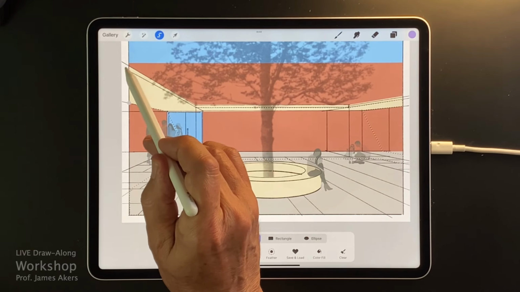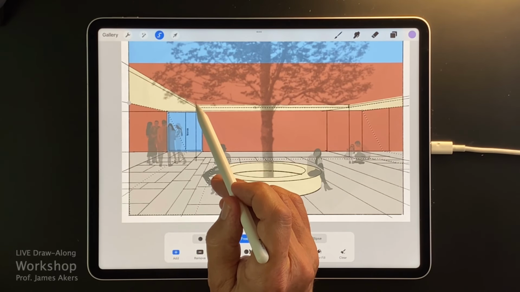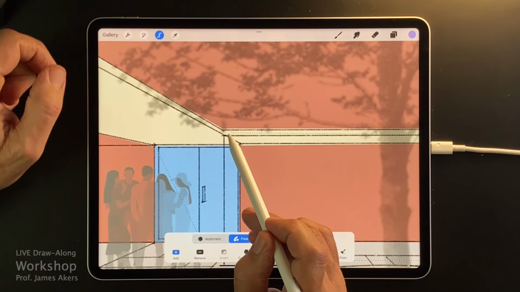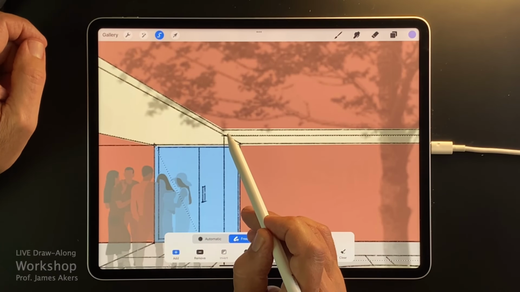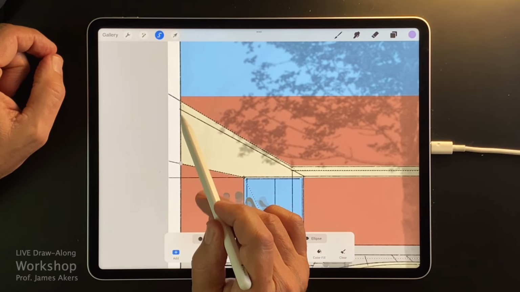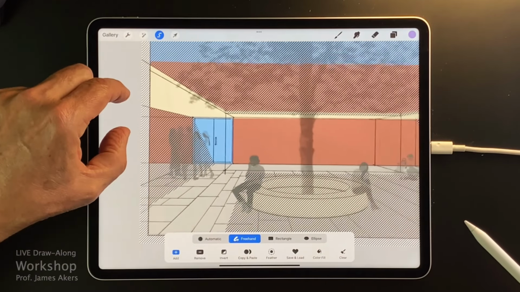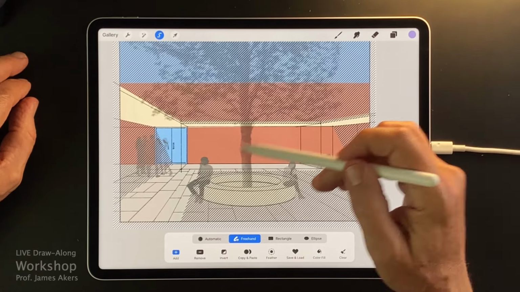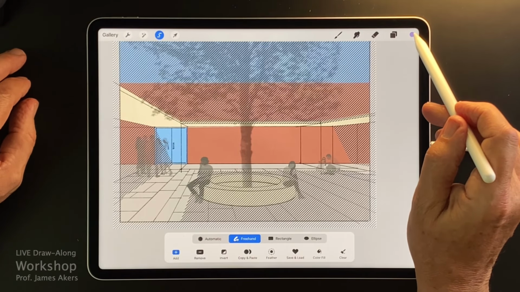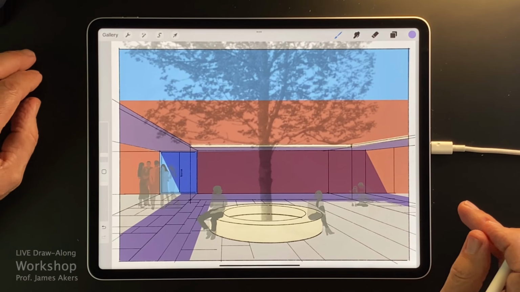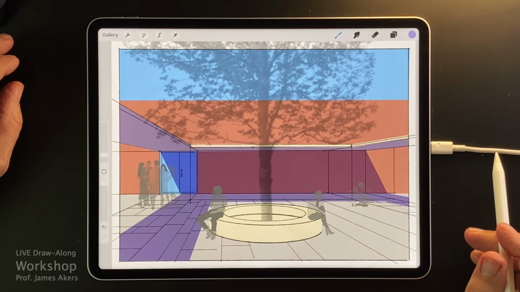And even though I'm explaining it in great detail, you can imagine this would go very quickly. I'm going to even do a little vanity thing here and have this tiny little shadow where these two planes meet each other. So that's going to go up at an angle there, and then over to here and over to here. So there is the extent of my shadow, and now there's the fun part. When I just drop this color in, watch what happens, and how it sort of instantly comes alive.